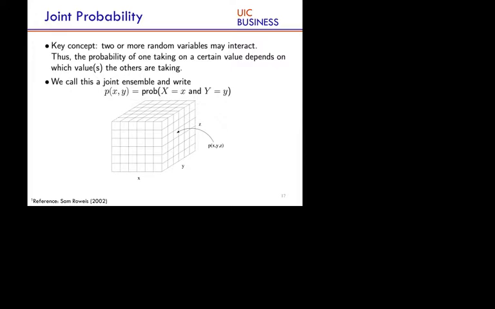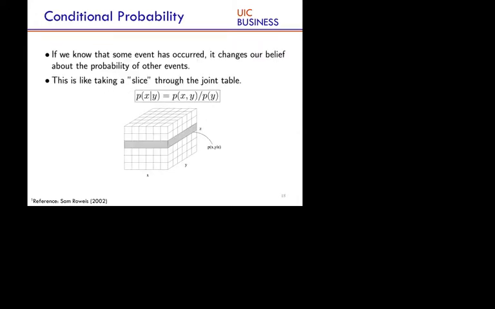Okay, I mean, it should be clear at least till this point. And next, we'll build on top of that. Okay, so the first new thing that we're going to look at is conditional probability. If you know that some event has occurred, then it changes our belief about the probability of some other